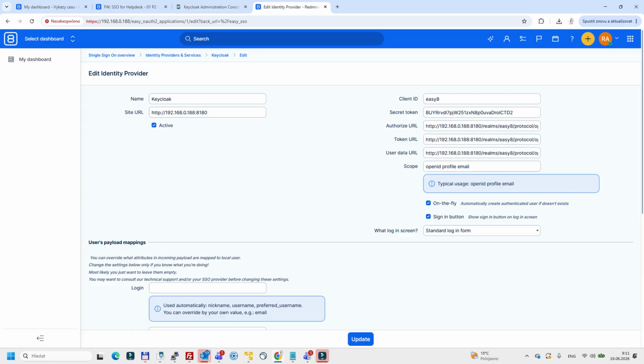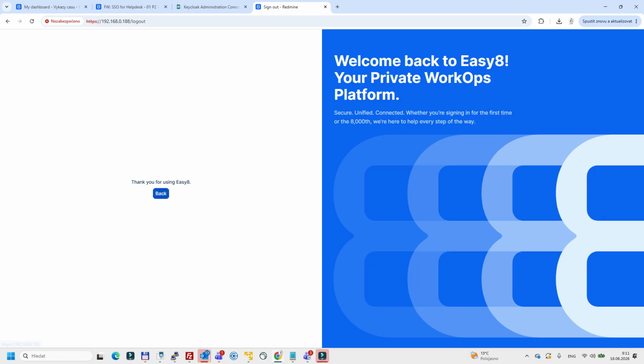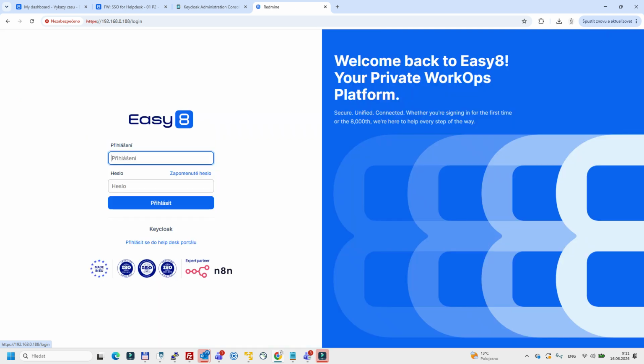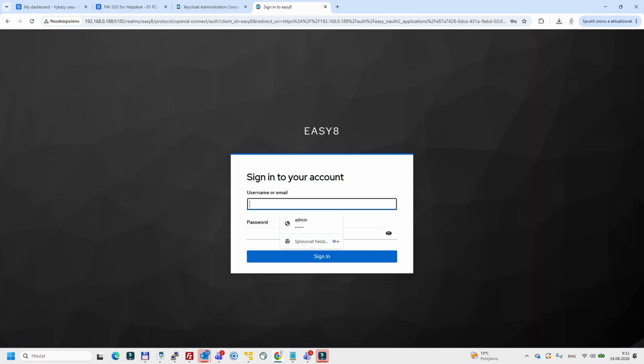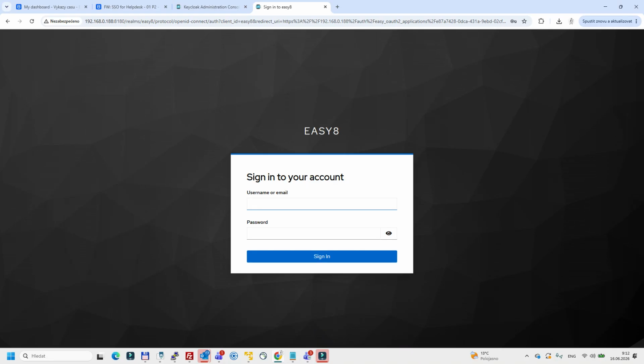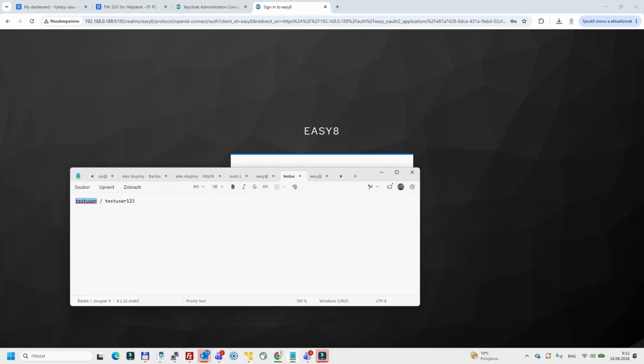So how to do that? Switch to easy8. I will log out from the system. And now I will try to log in again. And now I will hit on the button. So this is the sign in button we have seen in the configuration. If you hit on it and everything is working fine, you will be redirected to the sign in homepage of Keycloak. And here we have to pass the name of the user, right? So as you have seen, I created the dummy user, and then with a dummy password,